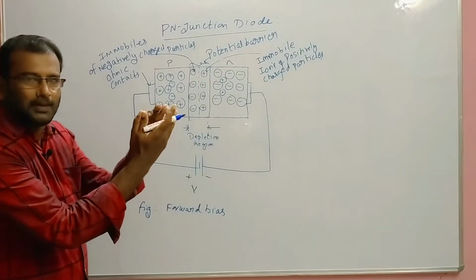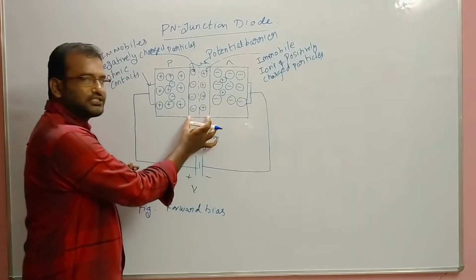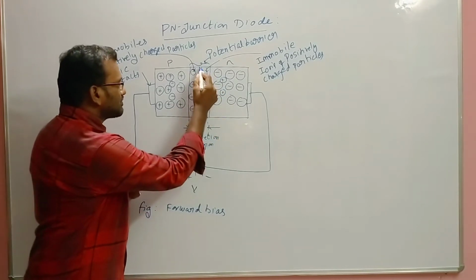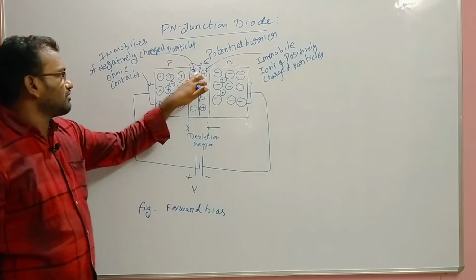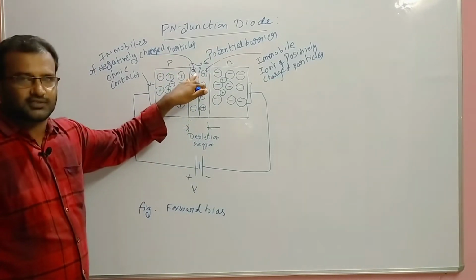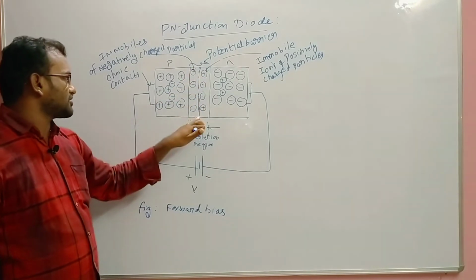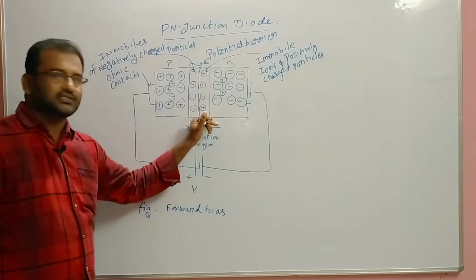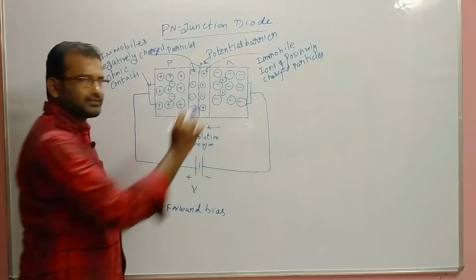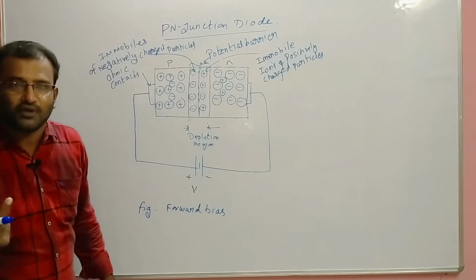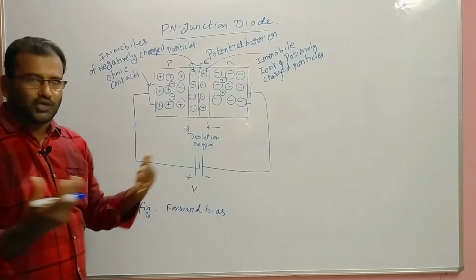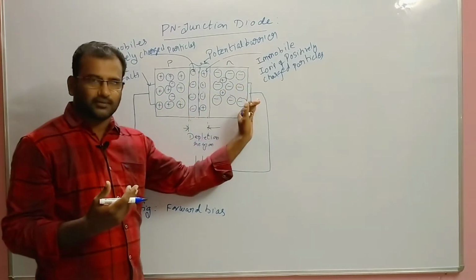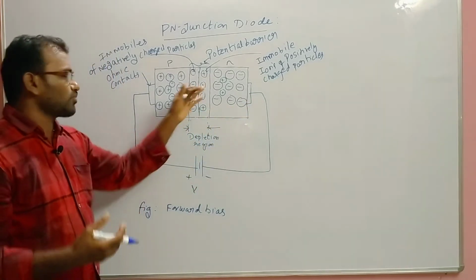Whenever the P-type and N-type are joined, they form a depletion region, also called the space charge region. Across this junction, in the P-type region there are negative ions, and in the N-type region there are positive ions, which are called immobile ions. What is the meaning of immobile ions? These charged particles do not move from one place to another, or from P-type to N-type. Is it clear? The immobile ions are what block the charge carriers.